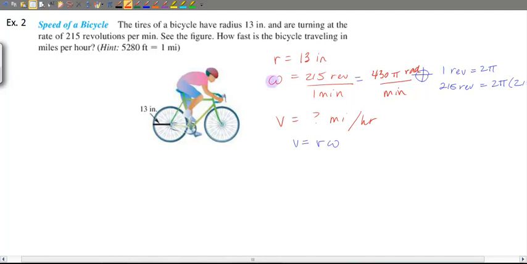So we've changed the angular speed from revolutions per minute into radians per minute. And I can now apply it using the formula down here. Something that we're going to need to do though, and let's go ahead and use the formula first. So if I know that velocity is the radius, which is 13 inches, times the angular speed of 430 pi radians per minute,